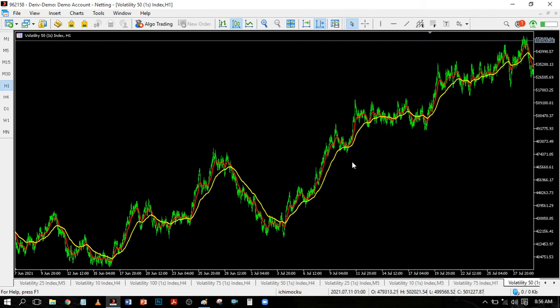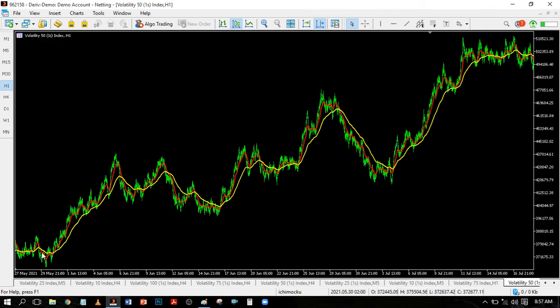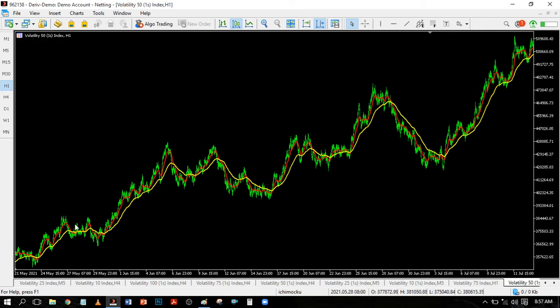Now look at this particular structure. You notice that this is an uptrend, isn't it? The market went up, came down, went up, came down, went up, came down. Now at this particular level, you can see that the market did not drop below this. It was just bouncing on this particular support. As long as it doesn't break this support, it means that you're still in an uptrend. Remember, it didn't break this level, so it continues.